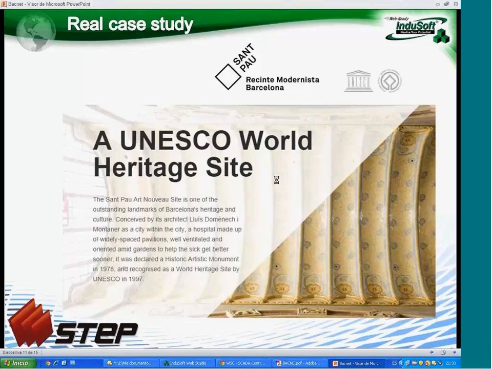It's an old hospital inside Barcelona, which initially was used as a modern hospital, but now they built a new building, and the old one, which comes from the Art Nouveau age,